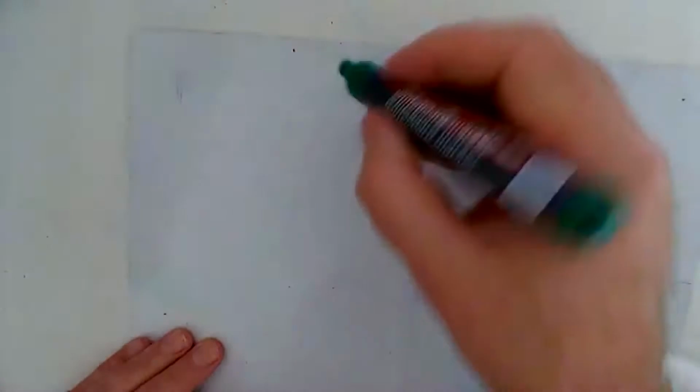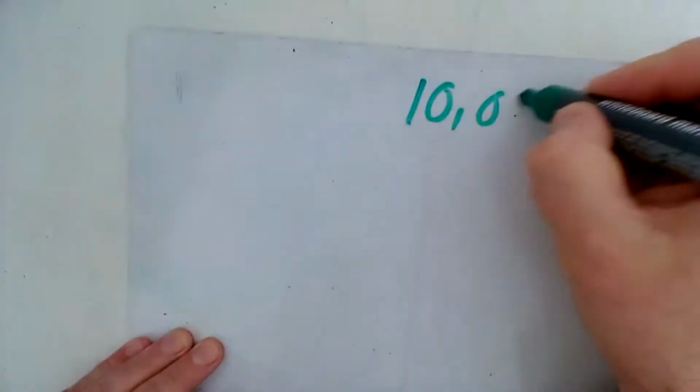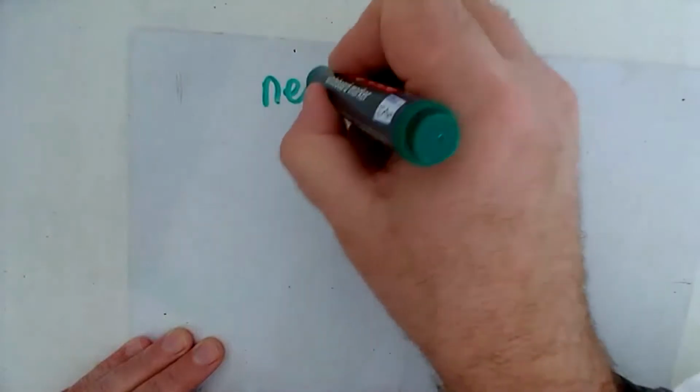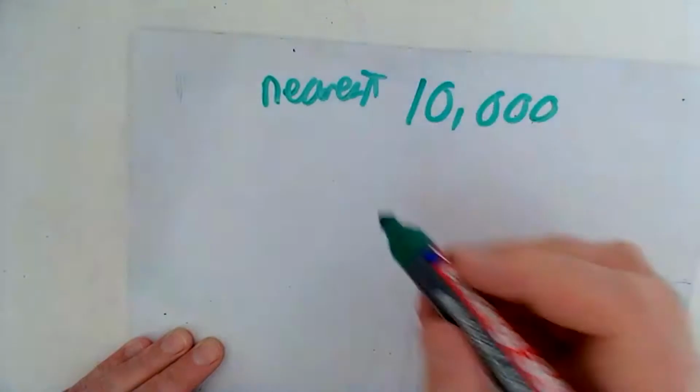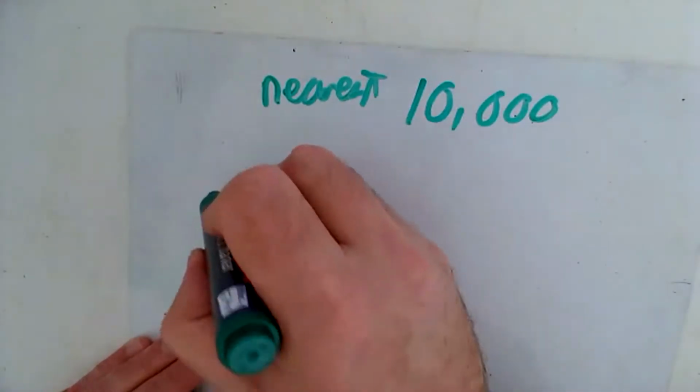Now, if you can do that, really, we can do them for anything. And that's what we're going to be carrying on doing now. So then we can go to the nearest 10,000. If you're asked to go to the nearest 10,000, then all you have to do is, if you've got this number,